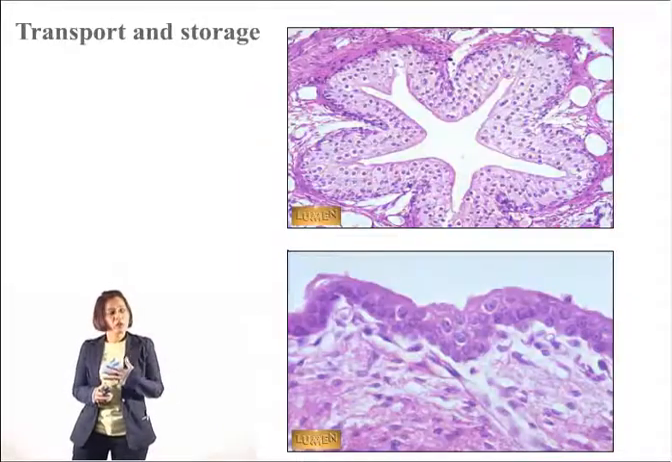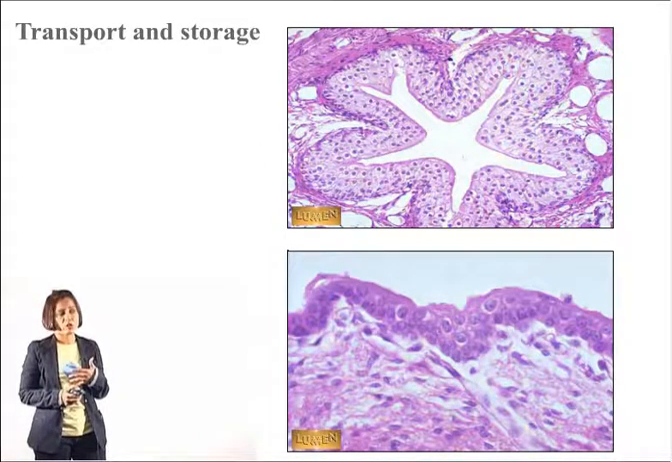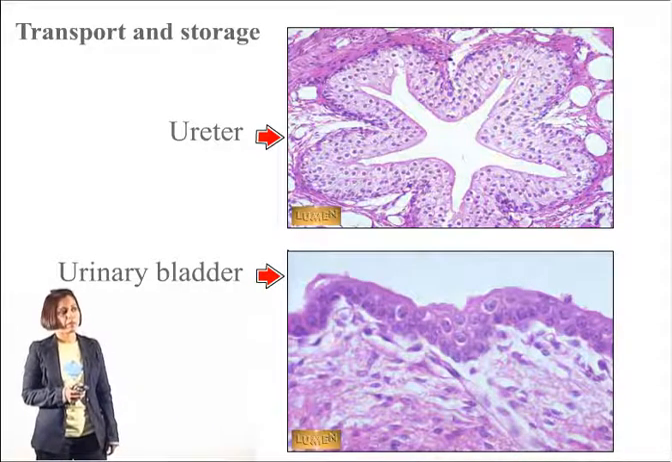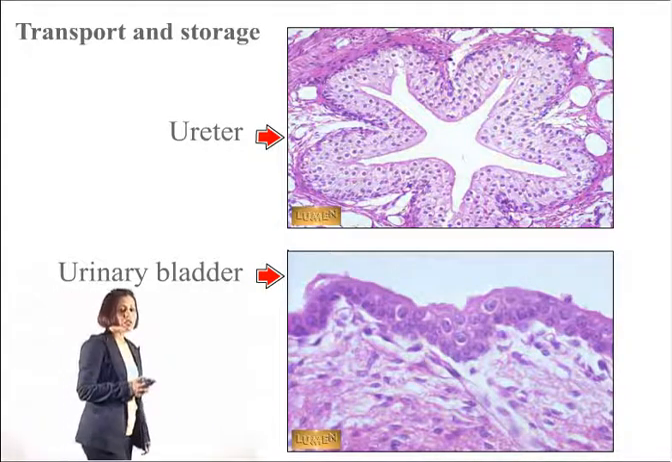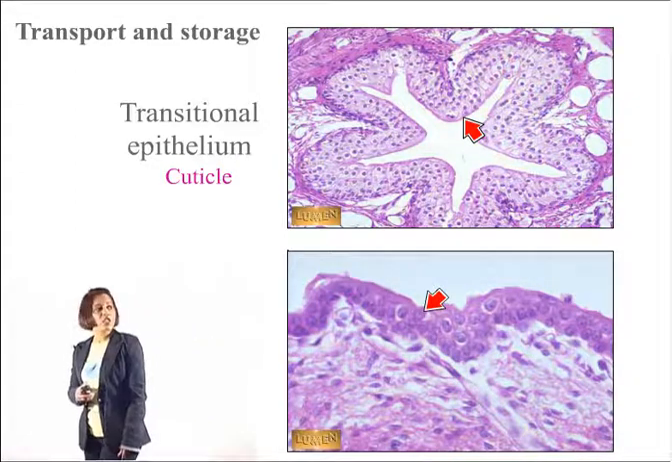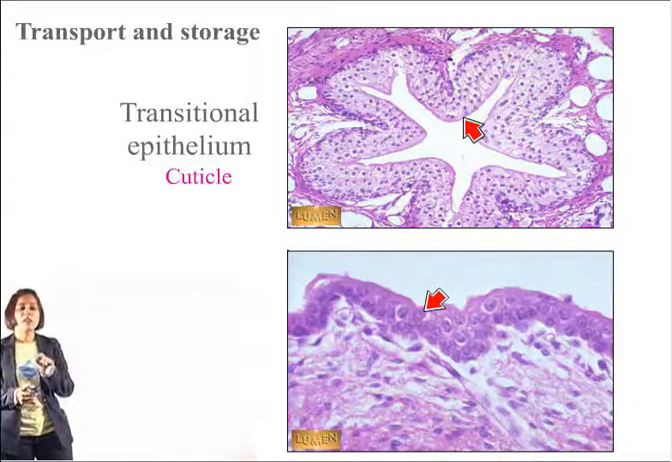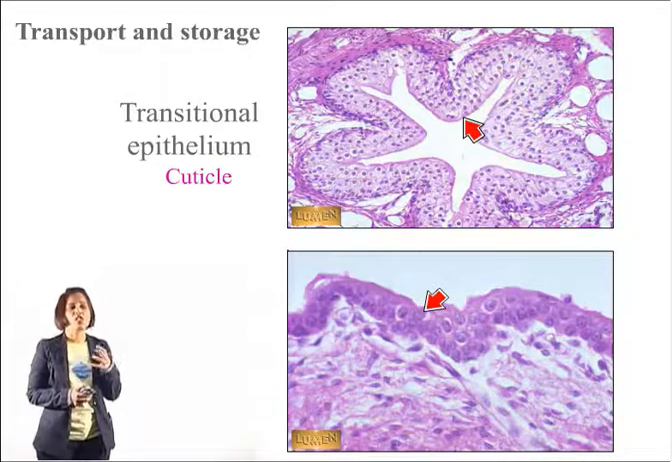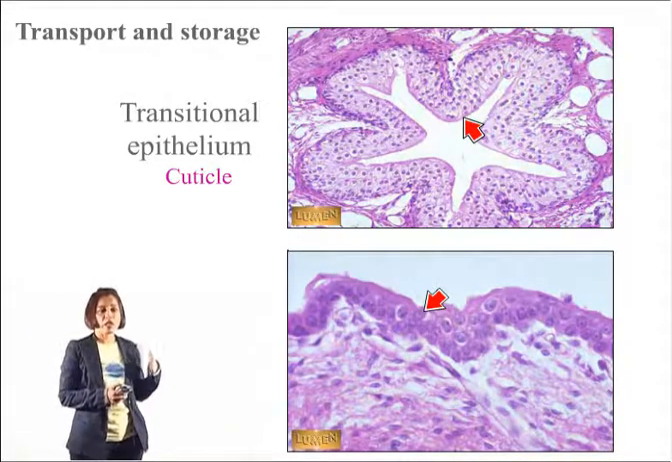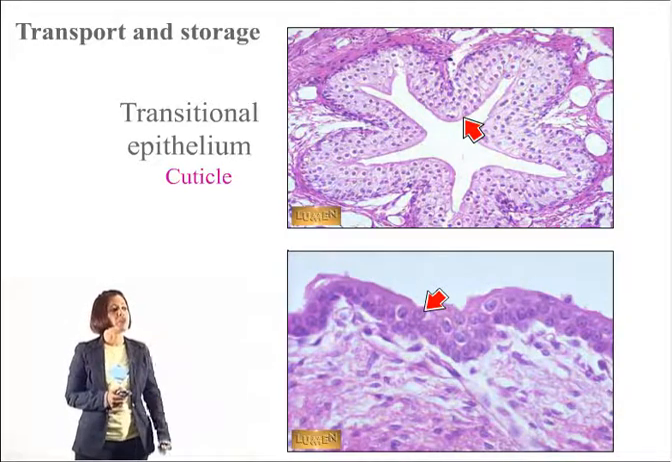Now let's look at those structures which are responsible for transport and storage, namely the ureter and the urinary bladder. Both these structures are lined by transitional epithelium, and transitional epithelium is identified by the fact that it has many layers, so it is a stratified epithelium. The top layer of cells, which are known as umbrella cells, they have a coating on them which is called